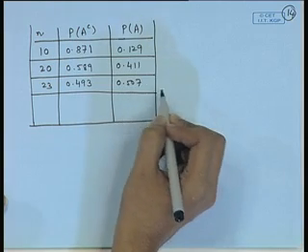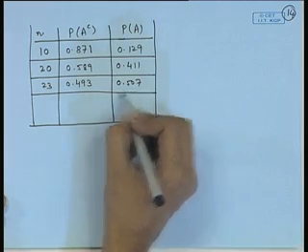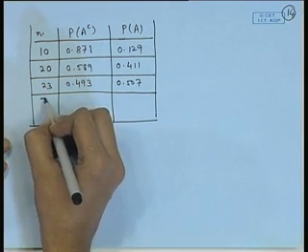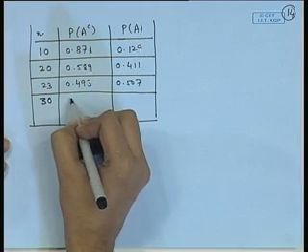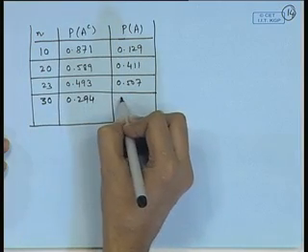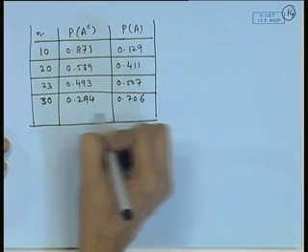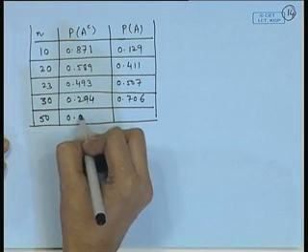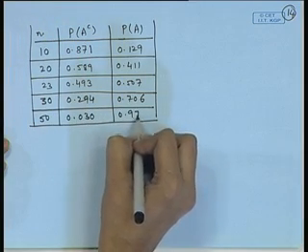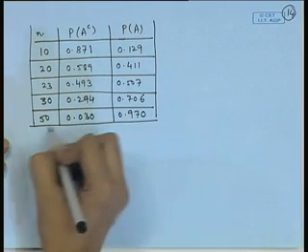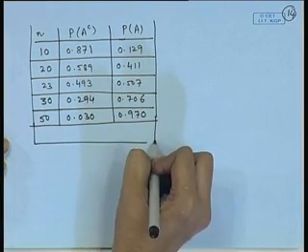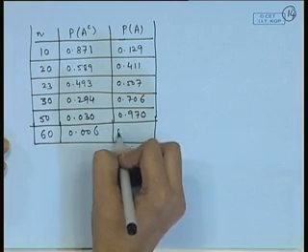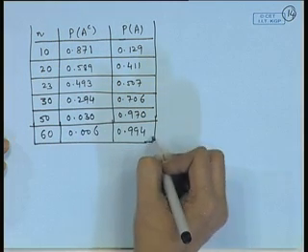So, from a layman's thinking, this is counterintuitive. We need very few persons, at least two of them, to share a common birthday. If I take n equal to 30, then this probability becomes 0.706. If we take 50, the probability is 0.97, and for n equal to 60, the probability is 0.994. It is nearly 1.